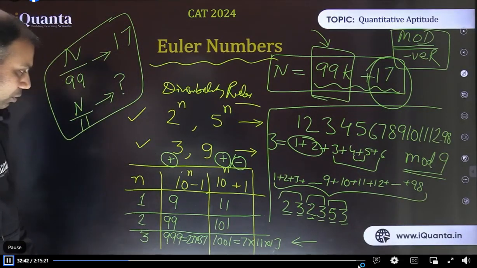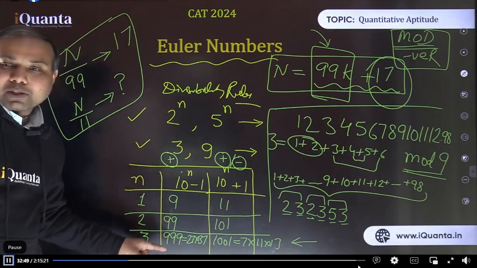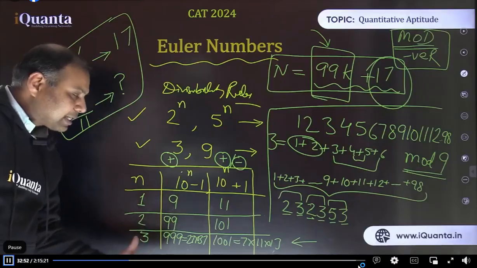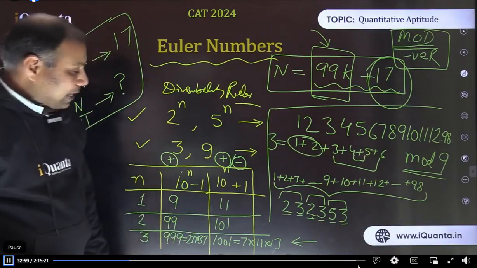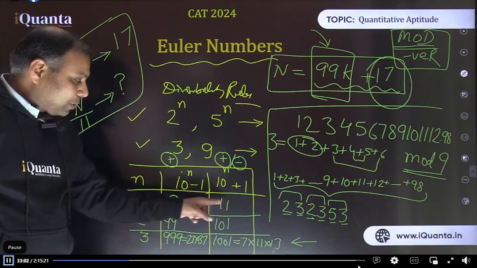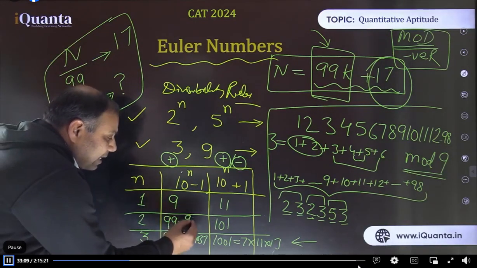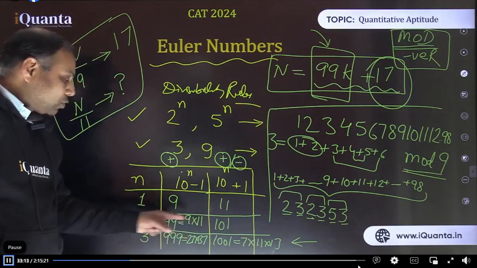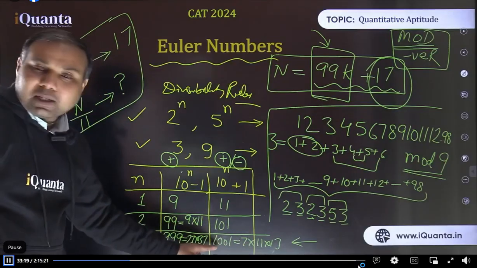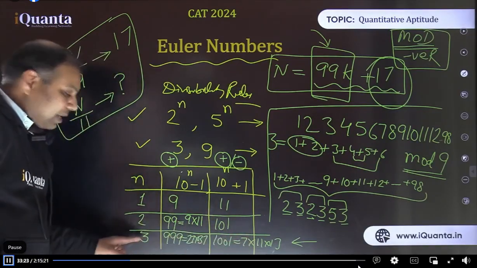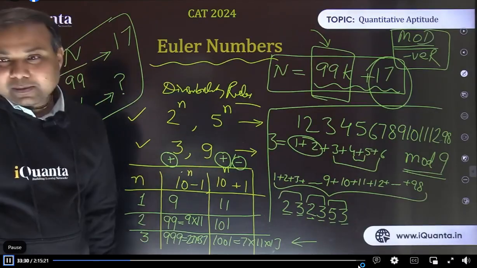Okay, let's move further now. So we have discussed all these rules. Basically these rules are valid for all of their factors. So for 9, we have various divisibility rules. We can add single digits together or 2 digits or 3 digits or the combinations as well as I used here. And the same way, if you check for 11 also we have various rules. See, for 11, we can make a group of single digits, alternate plus minus, or 99 also has 11 as a factor, right? It is 9 times 11. So for 11, we can also make use of this rule that make groups of 2 digits and then add them all. Or 11 is also a factor of 1001. So for 11, I can make use of this rule as well, that is make groups of 3 digits and then alternate plus minus. So like that, there are infinitely many rules for 11 as well.